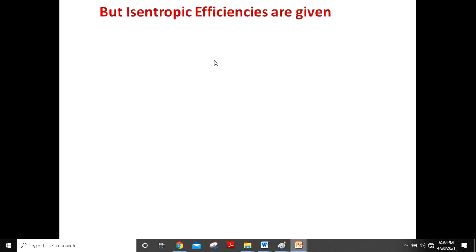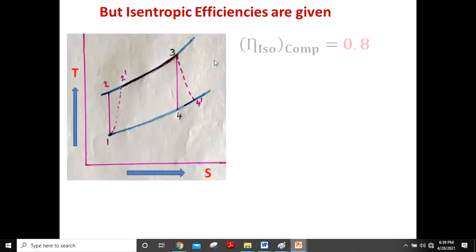But isentropic efficiencies are given. Therefore, it is 0.8, that means it is less than 1. The maximum to minimum you want to take. That means